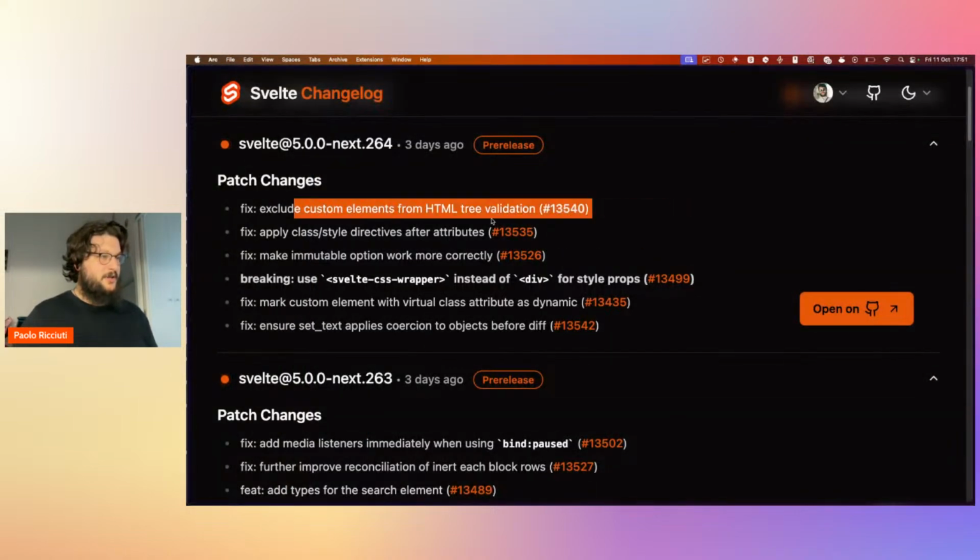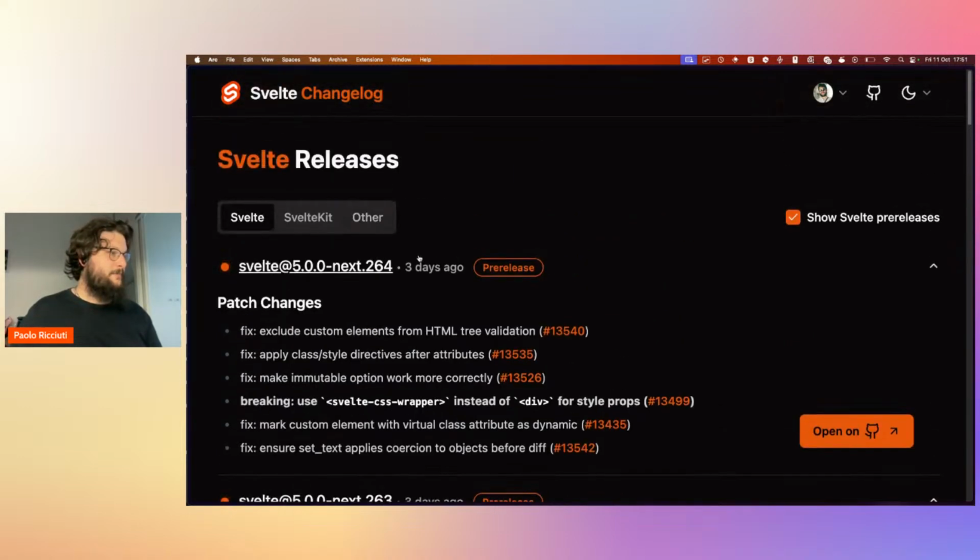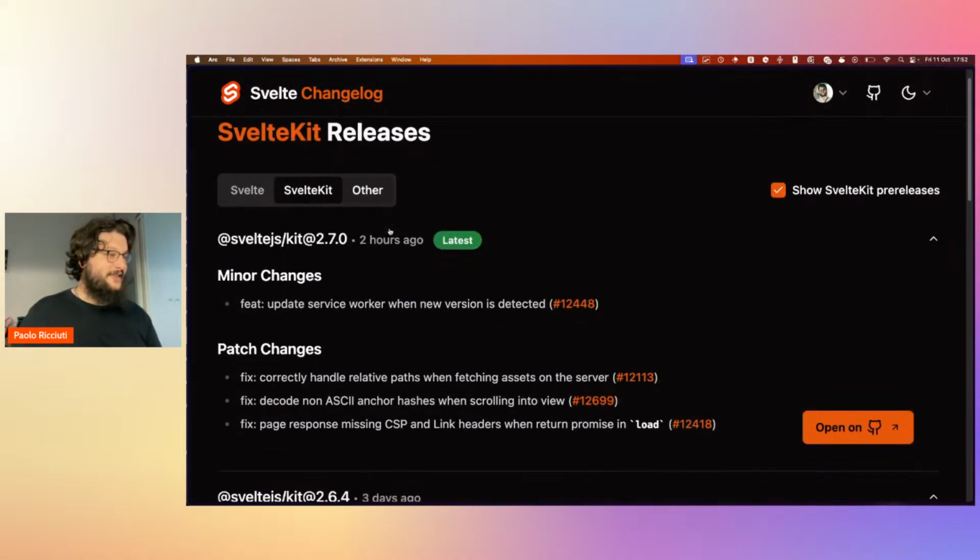Exclude custom elements from HTML validation. Again, I don't want to join the web components are bad discourse that is going on Twitter, but this kind of shows you that custom elements really need a lot of extra code to make them work inside a framework. So that's something. So let's go over the SvelteKit